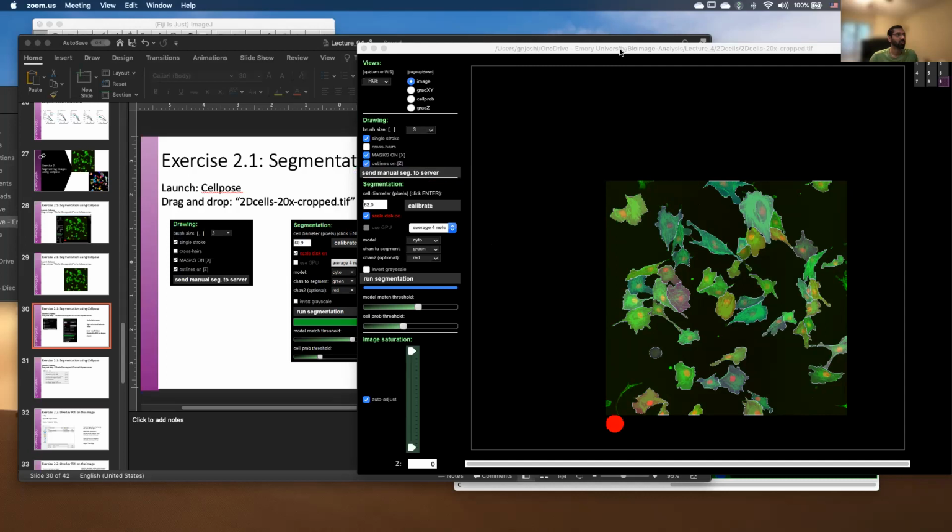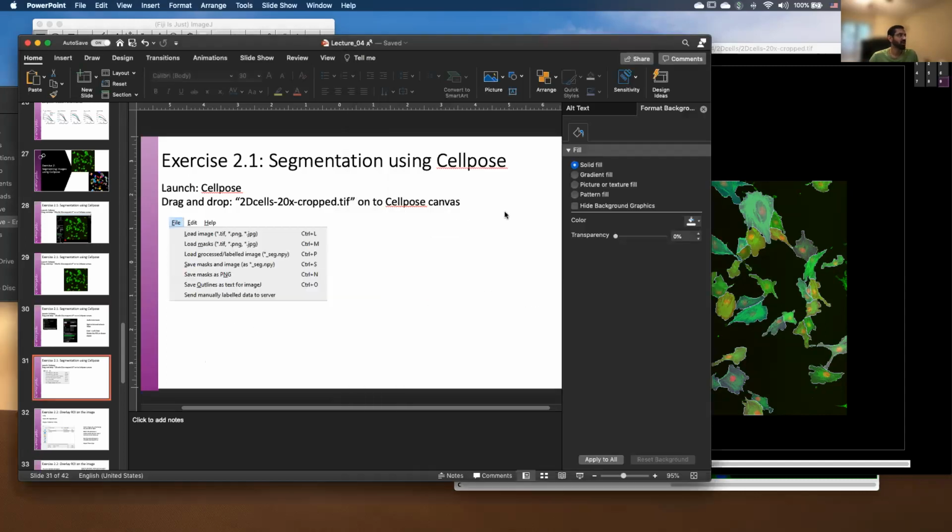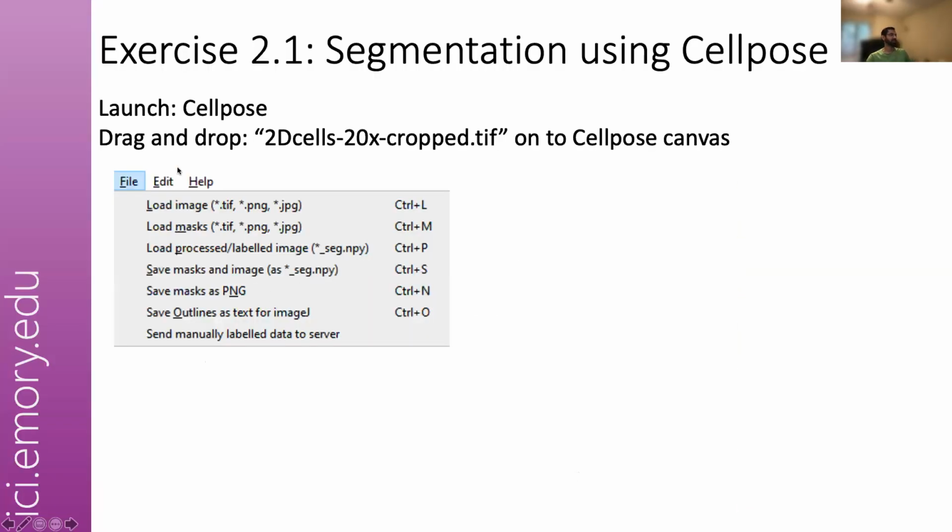Okay, so let's say we are happy with what we have. What is the next step that you do such that we can import this onto Fiji? So there are different things you want to do. One is save the masks and image as .npy file. What this will do is it will create